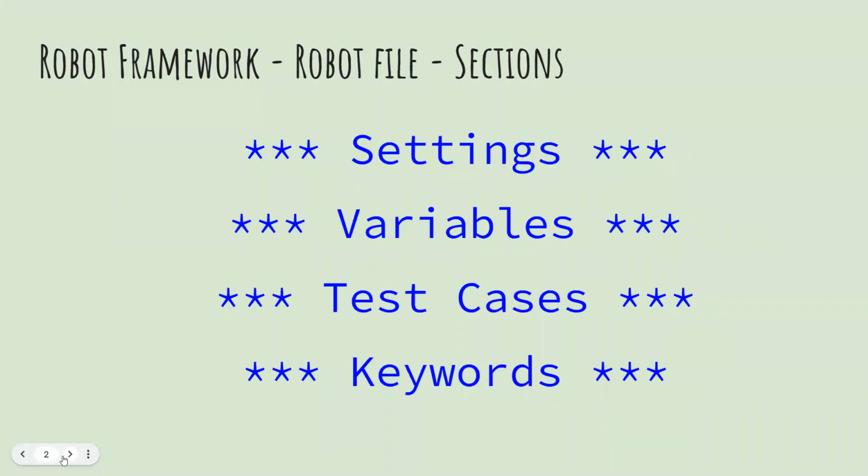So when we have the robot file, you can just make the sections for settings, variables, test cases, keywords. Any .robot file may contain all of these sections or any one of the sections or any combination. That means it's not mandatory that all the sections should be available inside the robot file. You can have only the variable section inside one .robot file, or only the keywords section inside a .robot file. As part of this demo, we are going to see all the sections in a single .robot file.